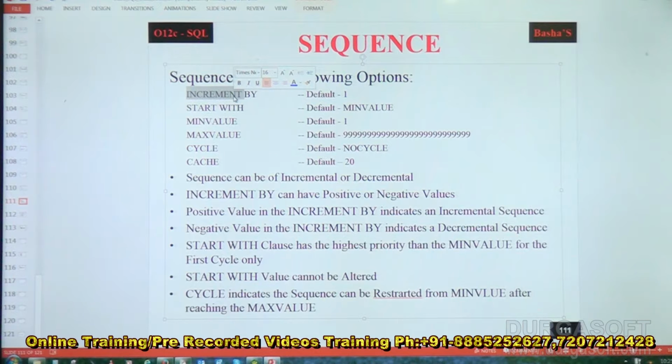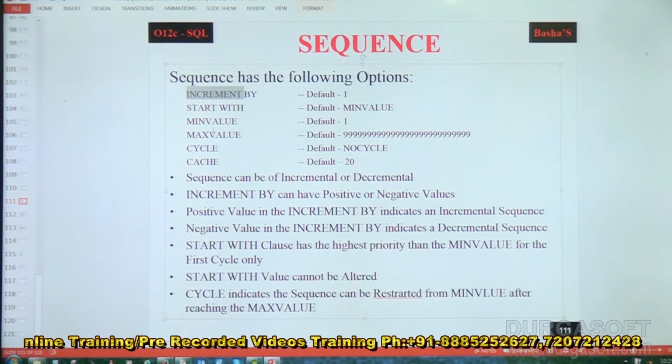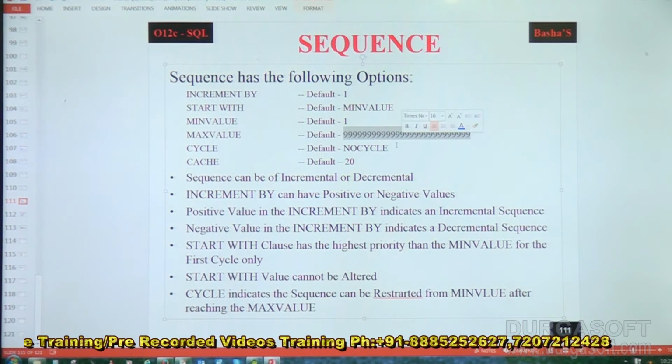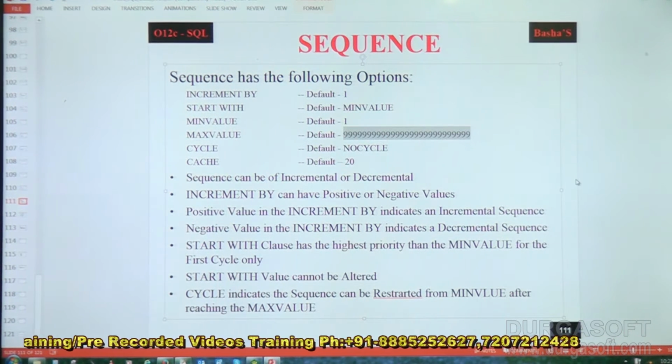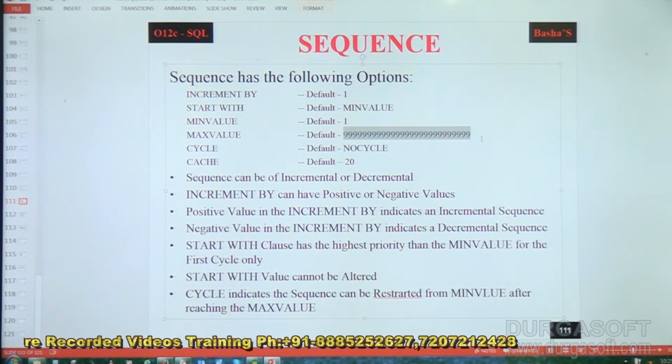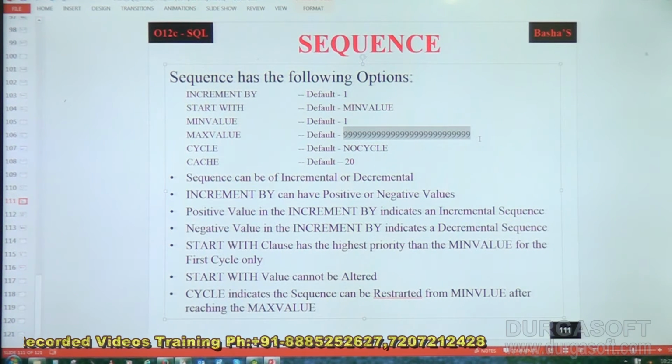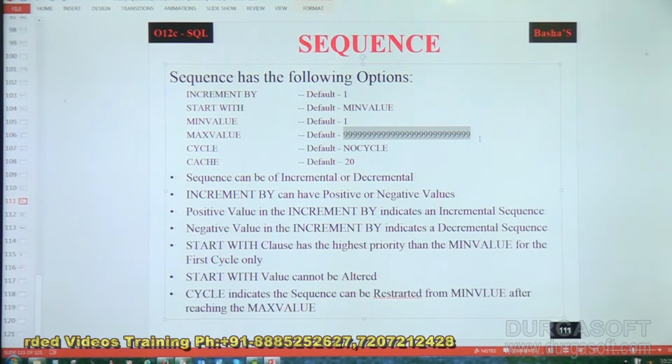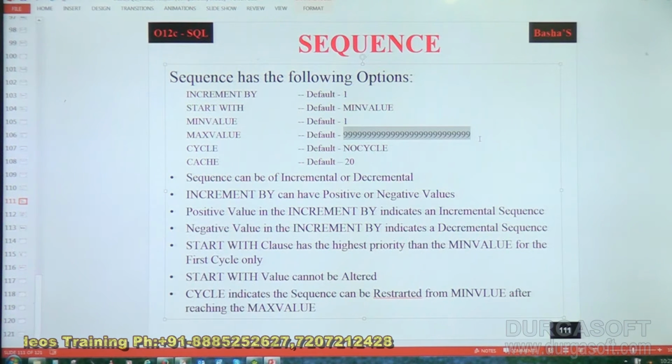If we specify -1, the sequence will start with max value, the default max value is this, and then it will be decrementing by -1. That is, suppose we specify the max value as 100, and the sequence increment by is -1, then the sequence will start with 100 and then decrement by -1, that is 100, 99, 98, 97